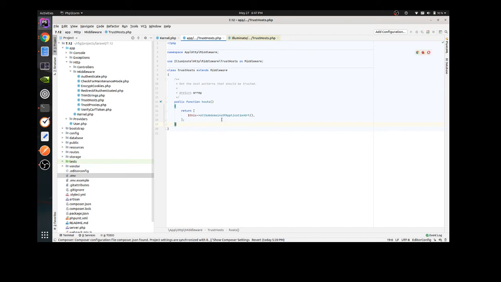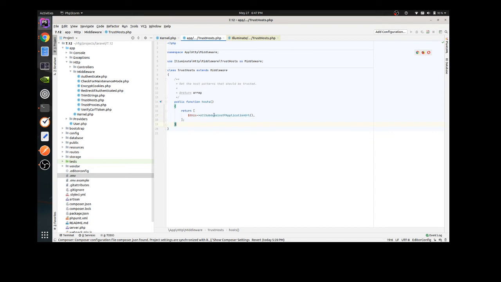And you can rewrite the implementation according to your logic. So it is not necessary that we use the same way. We can write the hosts which we will trust here.